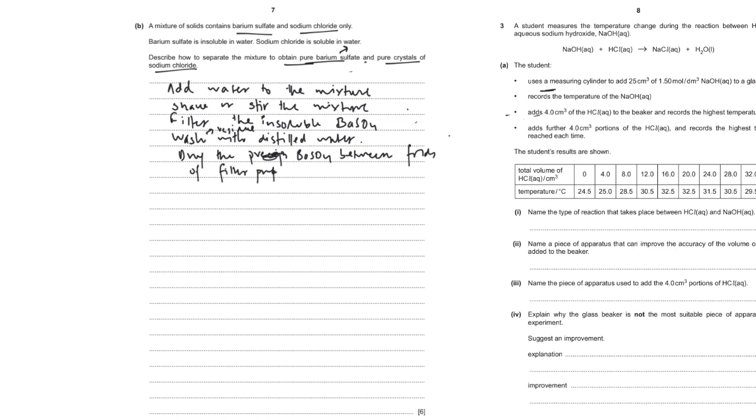You've already scored about 4 marks until here. Now you'll have to separate sodium chloride. The remaining solution is the filtrate, so use the word filtrate. Then you'll have to heat it since it's a soluble salt. So you will write: heat the filtrate to crystallization point,